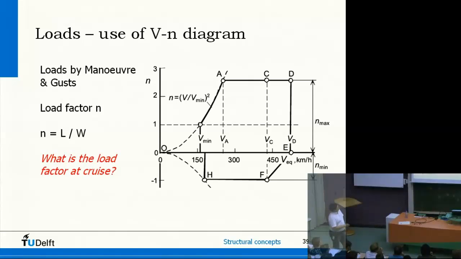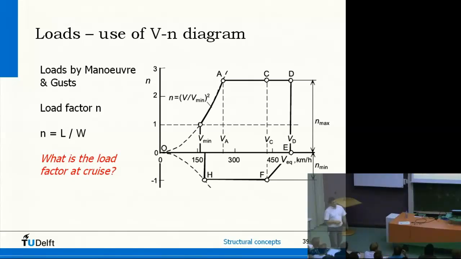In here you see a lot of loads, and the load factor N is defined as the lift over the weight. As soon as I'm flying around with a high load factor, let's say 2, I have a lift which is twice as high as my weight. That means I'm pulled up. As soon as I have a value lower than 1, then of course I will go down, gradually, or if I'm in a dive, very significantly. Well, that's the load window you have to stay in.